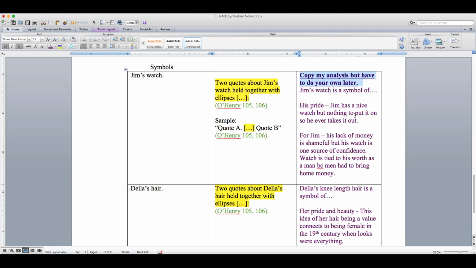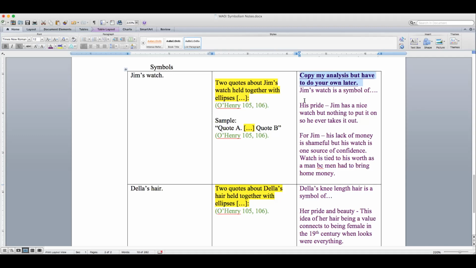And that will be due for homework tomorrow night as a rainbow paragraph in MLA format, typed, color-coded, all that good stuff. Before the end of today, I will show you where on Canvas you can find the fill-in-the-blank outline for this rainbow paragraph. For every single sentence, I've given you exactly what to write, sentence starters, and little hints. You'll also find on Canvas the model paragraph I'm going to show you by the end of today. So you'll have everything you need to do one paragraph on symbolism by tomorrow night.